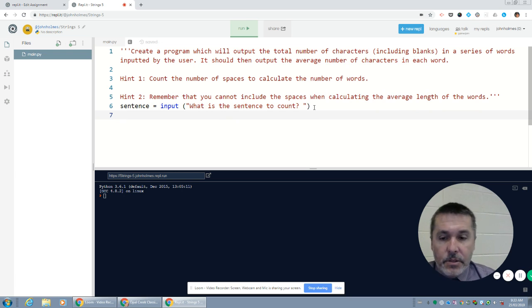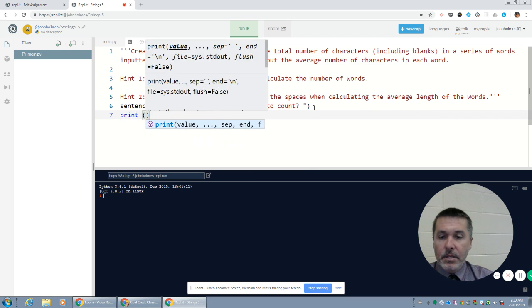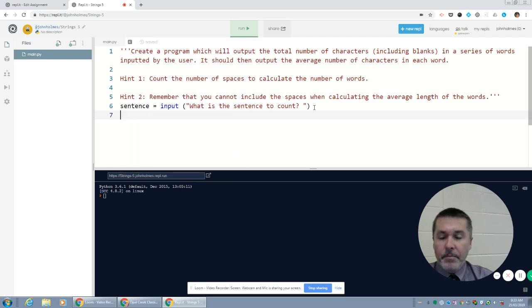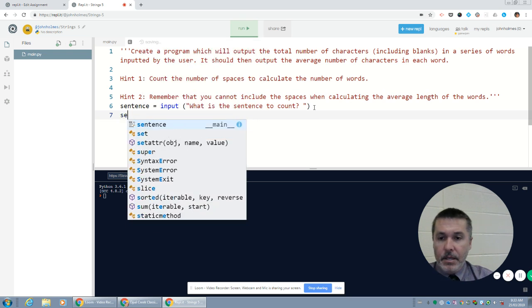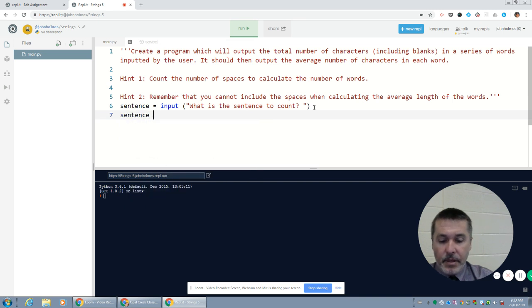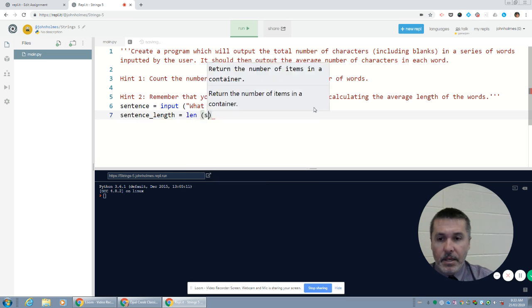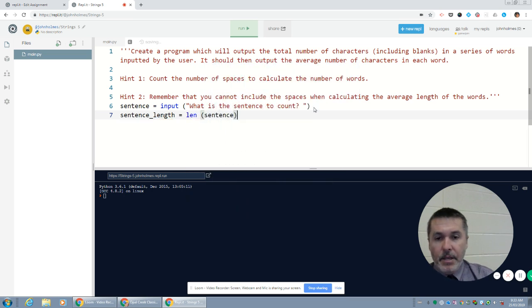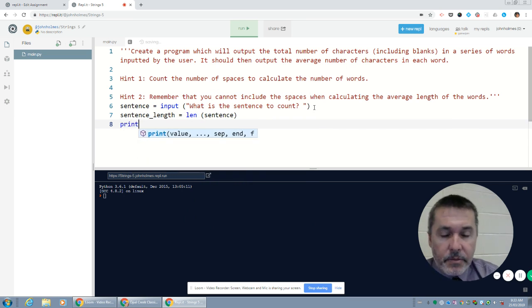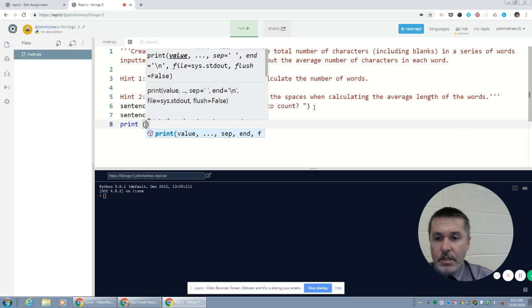Total number of characters. So I can use the length function, so I can say print. Actually, I'm going to set a separate variable for that. I say that sentence length is equal to the length of sentence. I'm putting it as a variable because I'm going to be able to use that information later. So I'm now going to say print,